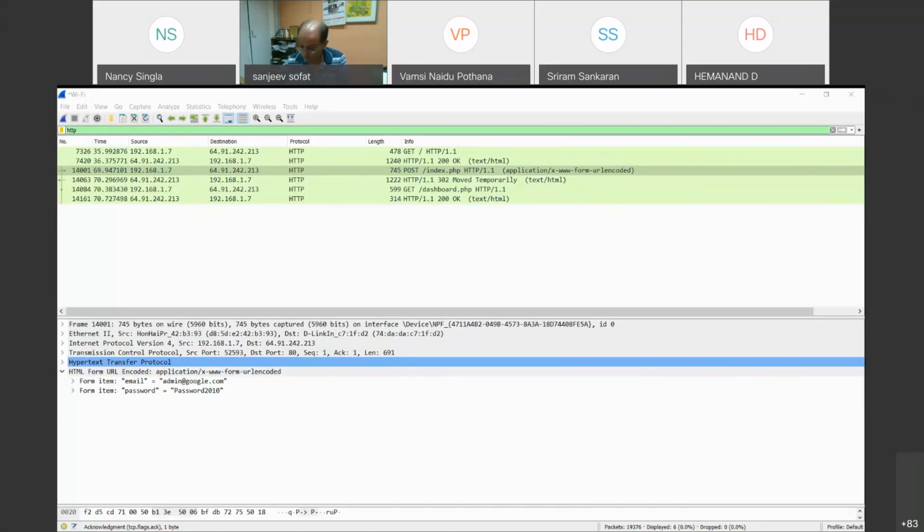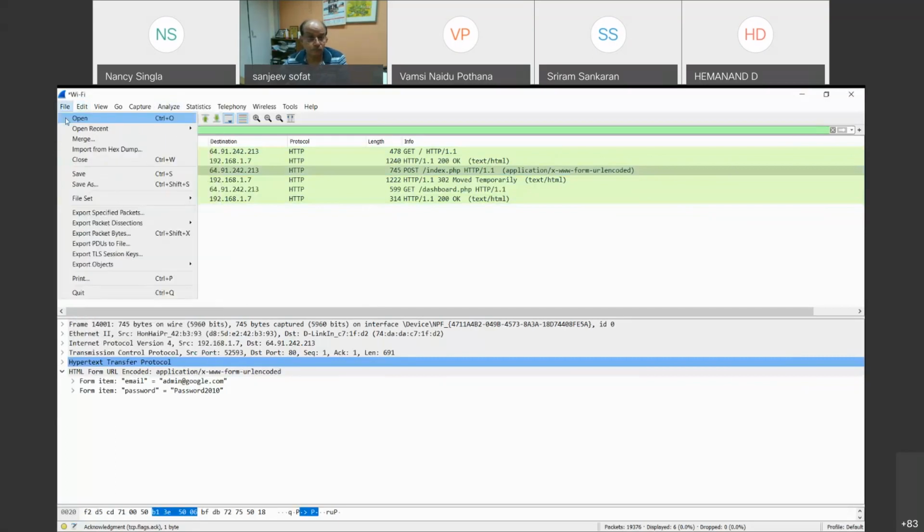So what we can do, I'll go to Wireshark again. We'll open that already captured packet file.